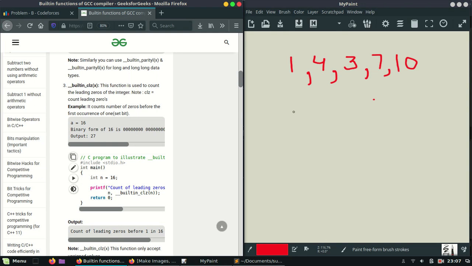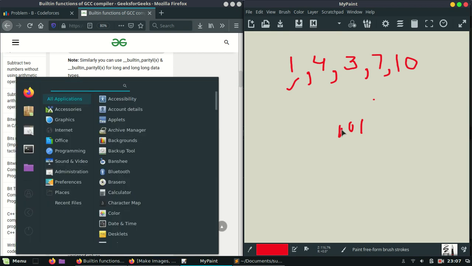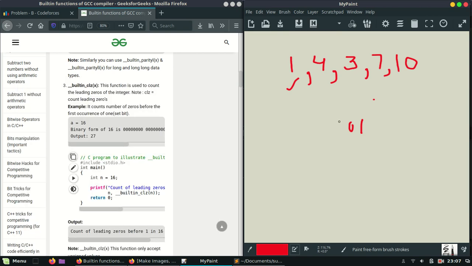What do we mean by leading zeros? Suppose 1 is an integer. What is the binary representation of 1? It is 1 followed by zeros, 32 bits in total.